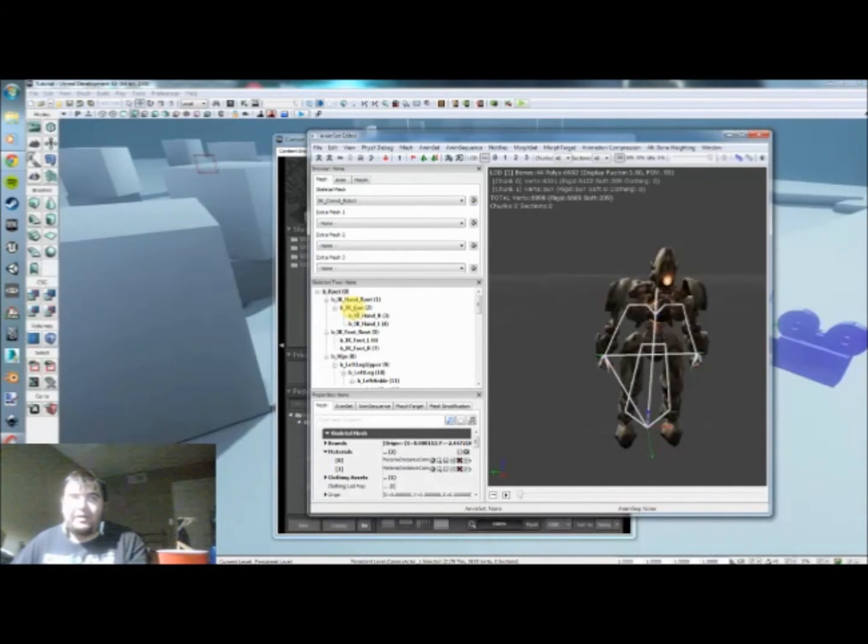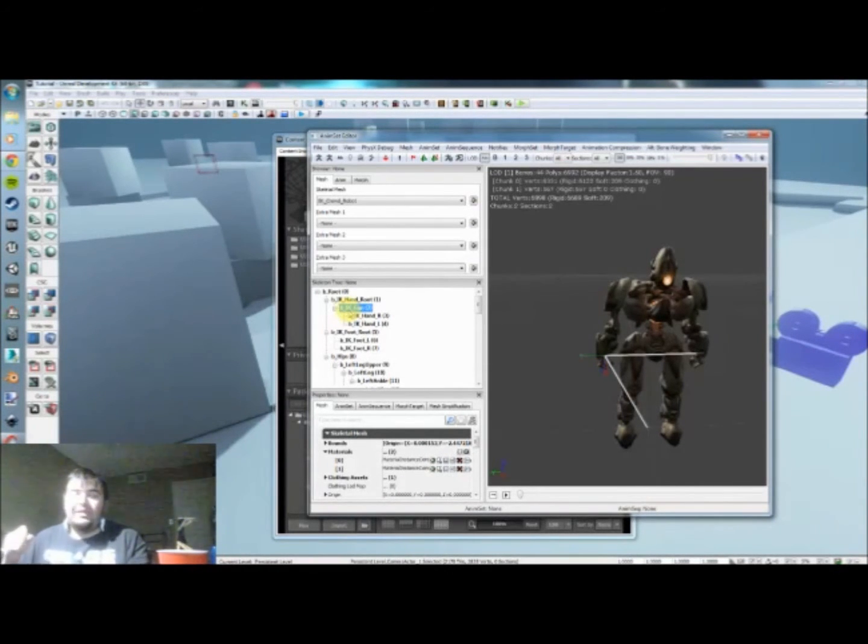We don't have to worry about that, but we do have to make it so that the camera follows that movement. The best node that I found is B_IK_gun, and IK is called inverse kinematic. It's an animation thing. It's for when you rig. I'm going to get more in depth into that in a later tutorial. But just know that this is like a node that's connected to the skeleton that controls where the gun is